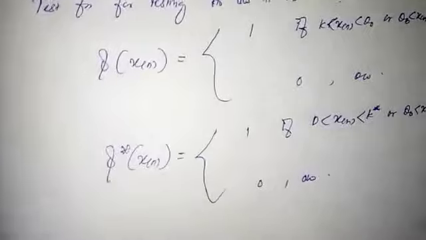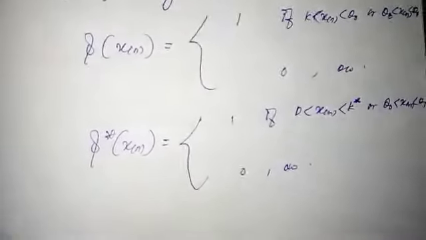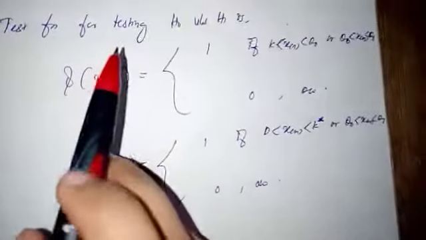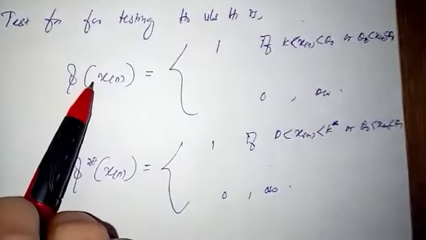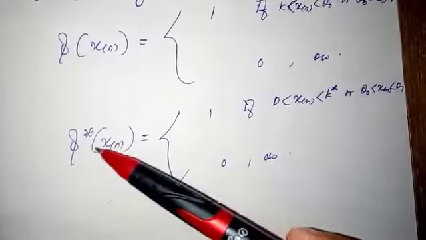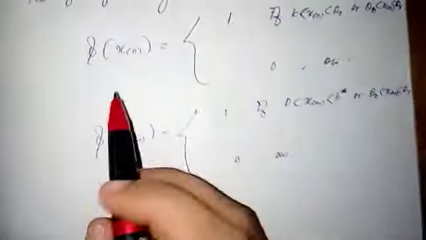Okay, so in this case we get two test functions in the case of uniform 0, theta. This is important, so we have to remember this. Then we want to obtain the size and power. First we take this test function, then obtain the size and power. Then afterwards we take the test function phi star of xn, and obtain the size and power of the test. Okay, here first we consider